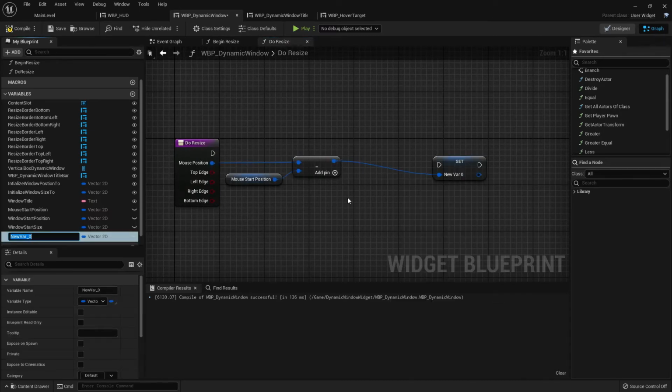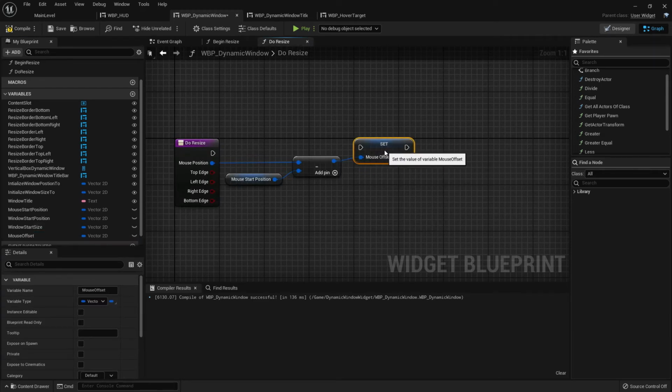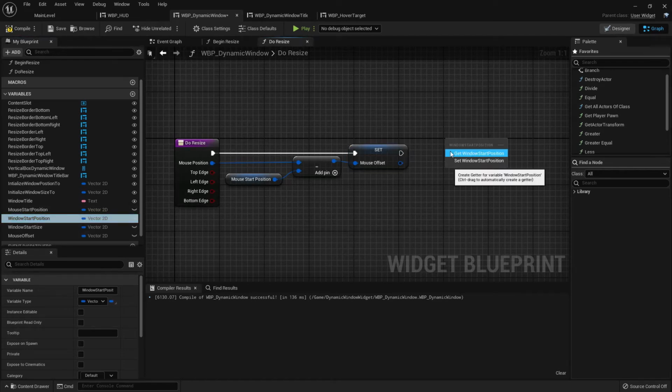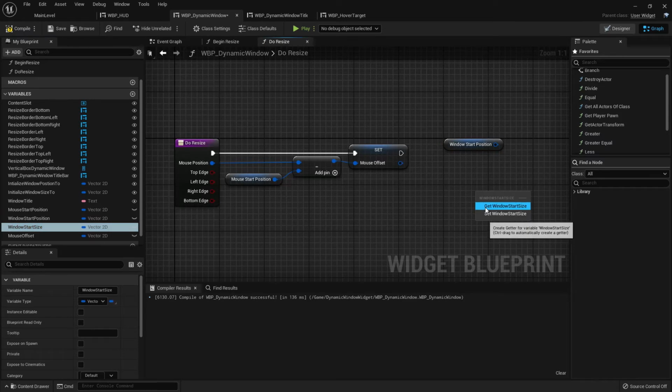And we'll call it MouseOffset. And just make sure it's a Vector2D. And we'll go ahead and hook it up here to set it. All right, now what we're going to do is we're going to take our window start position and our start size,